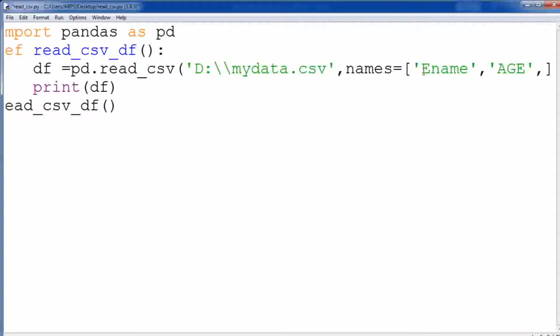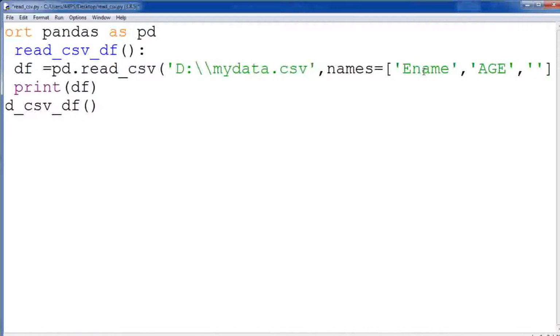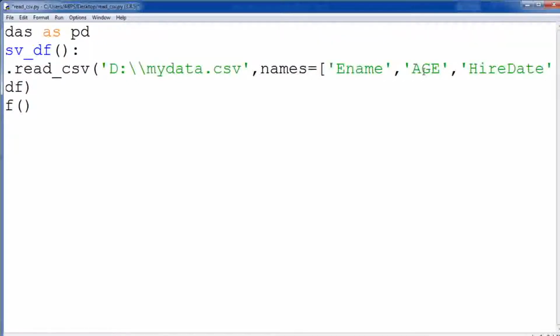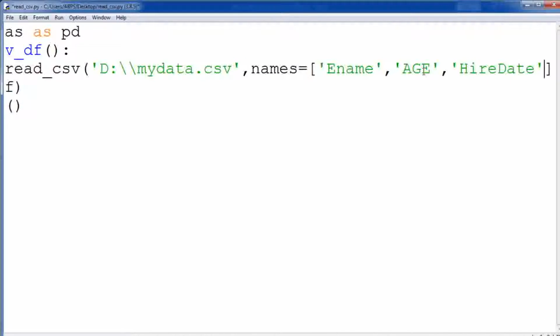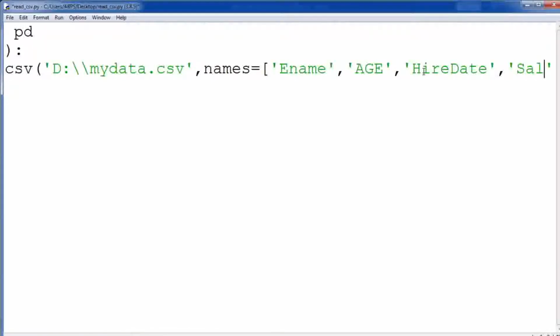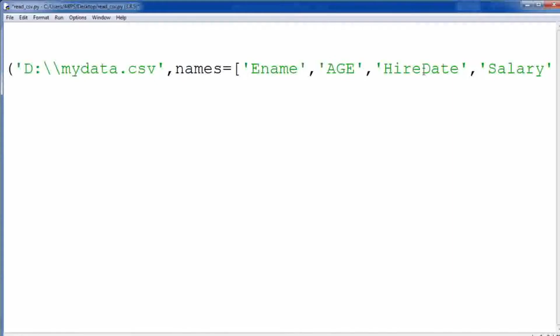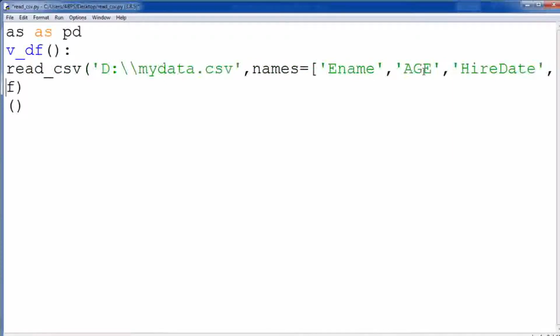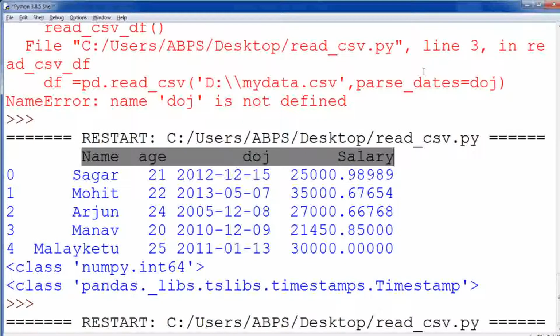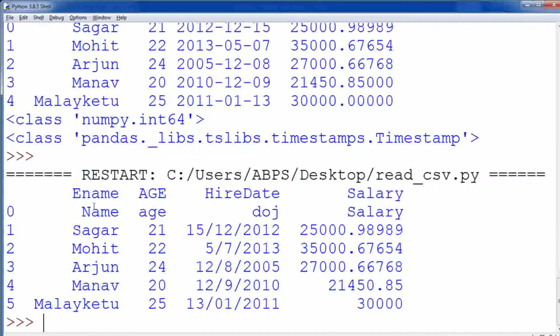Then date of joining, which I want to write as hire date. Okay, so the column names changed. Then salary. So these names I want to give. But what happens when we provide these column names? It will show something like this. See, ename, age, hire date, salary. That is printed over here.